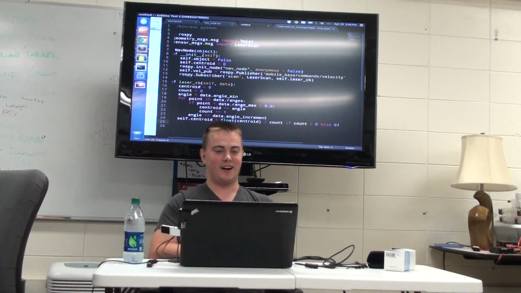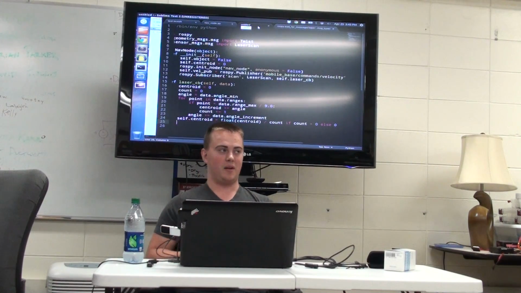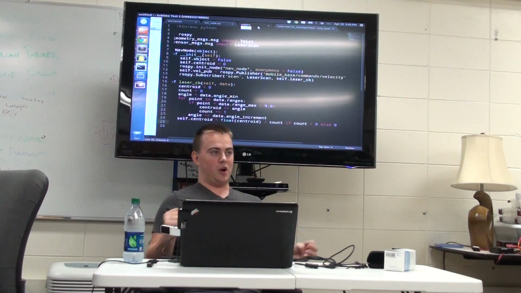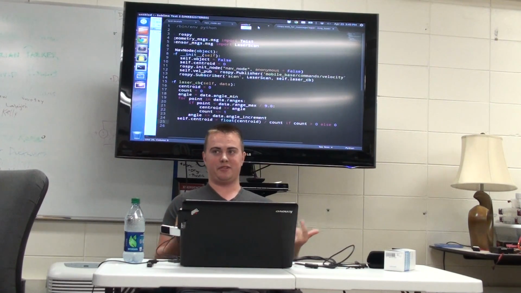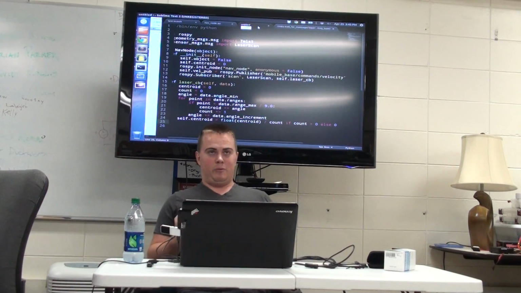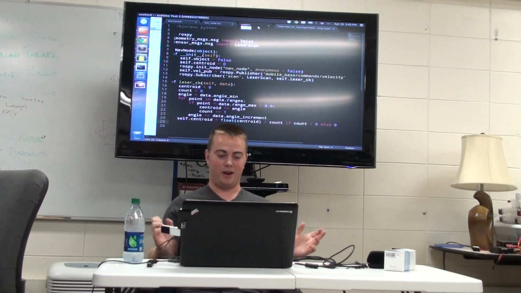So now we've actually gotten our centroid value, and we're saving that there. And then the next thing we need to do is set our flag as to whether or not there is an object present at all. And so we probably don't want to just say if there's any count, because there's always a chance of a few stray measurements triggering that there's an object there when there's nothing there. So instead, we probably want to say if there is a certain percentage of the total number of scans that say there's an object, then we'll say, okay, there is probably an object there. So we're going to do self.object